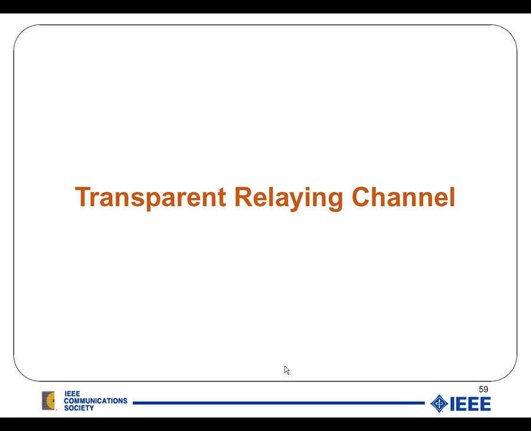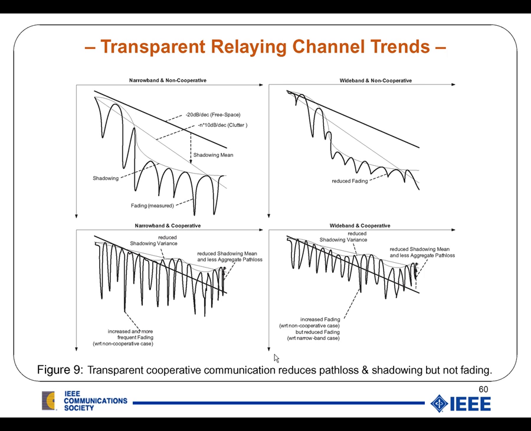We finish now with the regenerative relaying and move on to the transparent relaying channel. And again, I would like to present you a few tendencies. We have our baseline case here, narrowband non-cooperative and wideband non-cooperative, which remain unchanged. Contrary to that, the narrowband cooperative case changes now, and as we can see, not only do we have more frequent fades, but we also have fades which are much deeper in amplitude, and I will explain later why